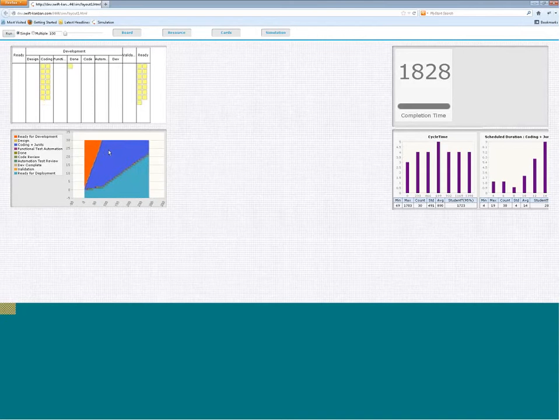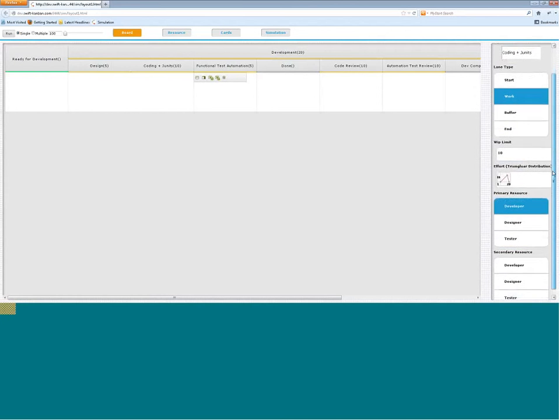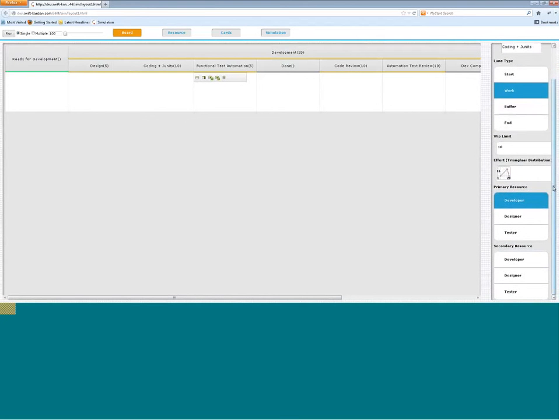this coding lane. So that being the problem, let's come back to the board. I did not see any bottleneck happening at the designer stage, and in most cases designers can do some development.